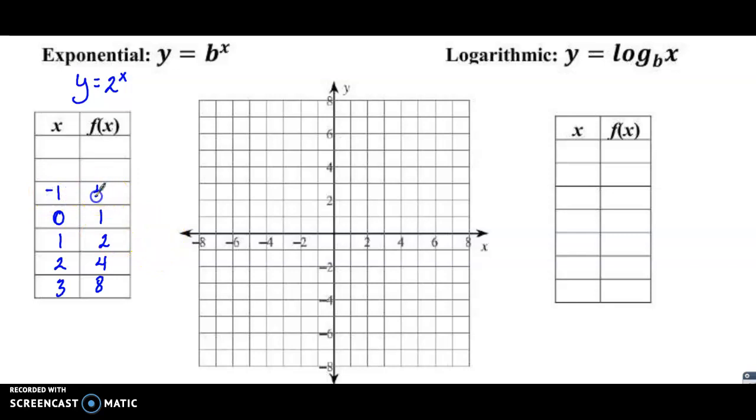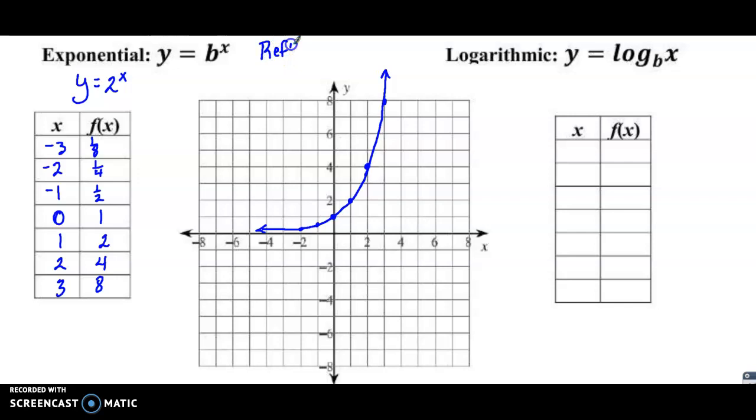So negative 1 is 1/2, negative 2 is 1/4, and negative 3 is 1/8. When we graphed that, we went through 0, 1, 1, 2, 2, 4, and 3, 8, and then 1/2 and 1/4 and so on. Okay, so this is what our exponential graph looked like. Now, when we talk about being an inverse,